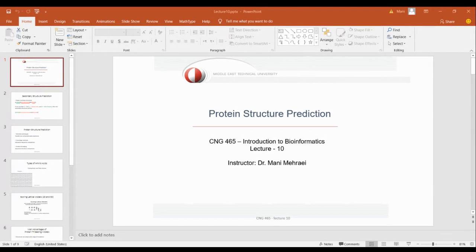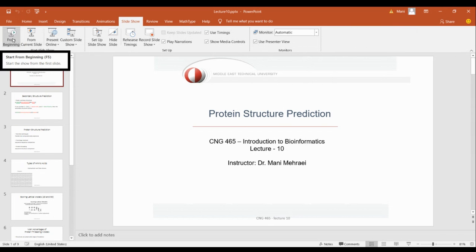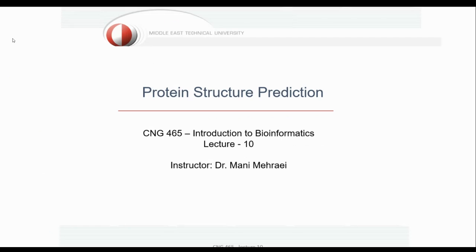Hello everyone. In the last session, we talked about protein structures, and in the previous sessions we also talked about the importance of protein structure prediction and also protein function prediction. Why is that? Why is it important? Let's remind ourselves, because assume that you know about the known protein structures, you know about the known protein functions,